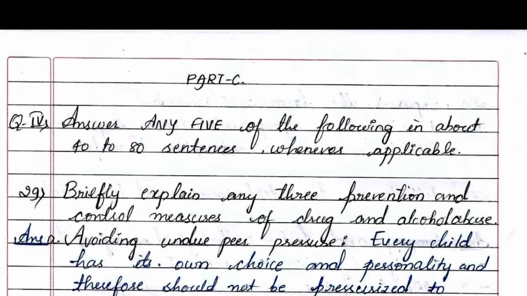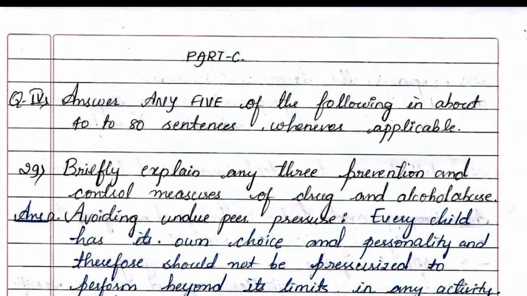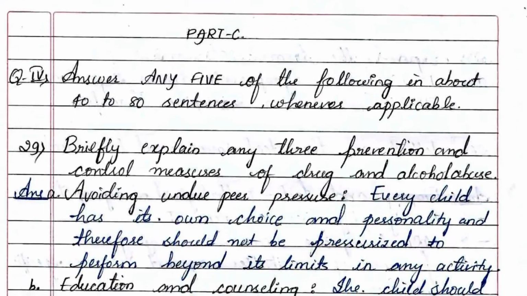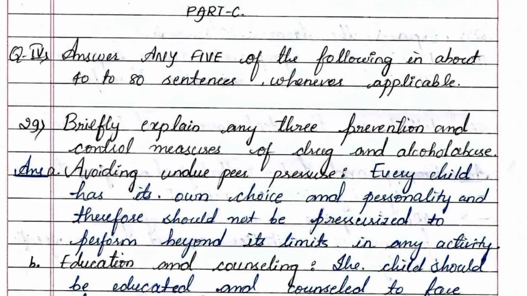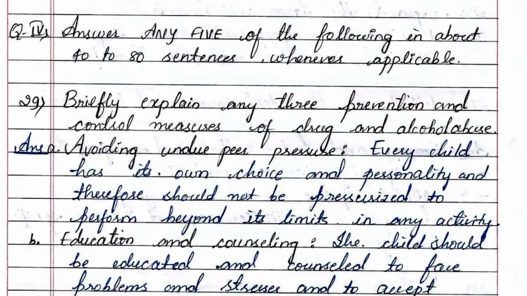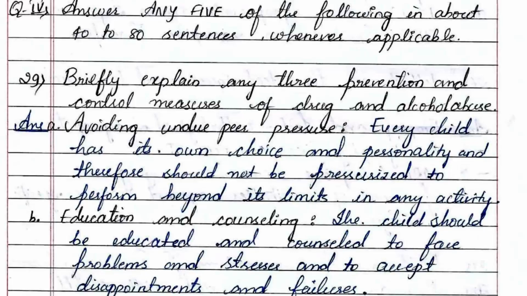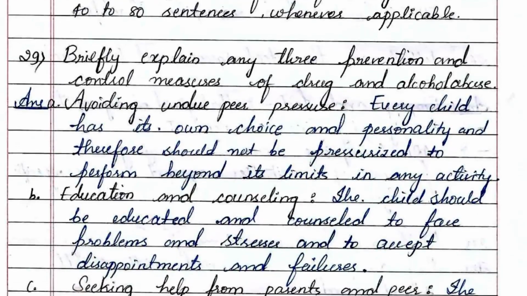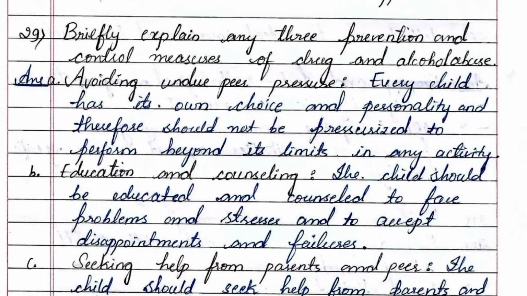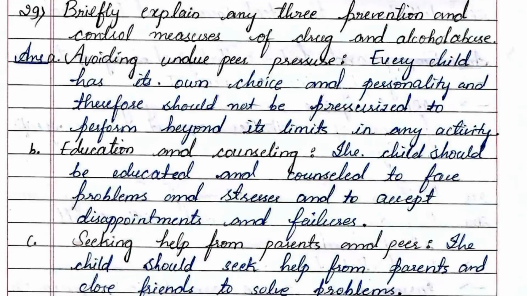Here is the first one, avoiding undue peer pressure. Here is the explanation, and B is education and counseling. Here is the explanation. C, seeking help from parents and peers. You can refer to this explanation. Next,